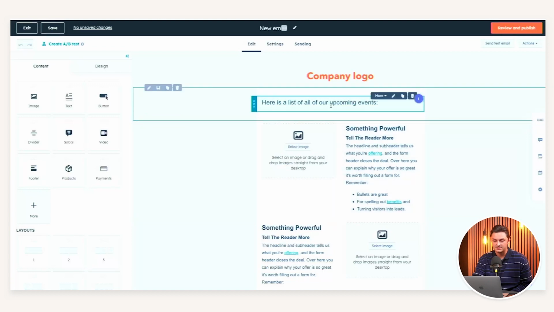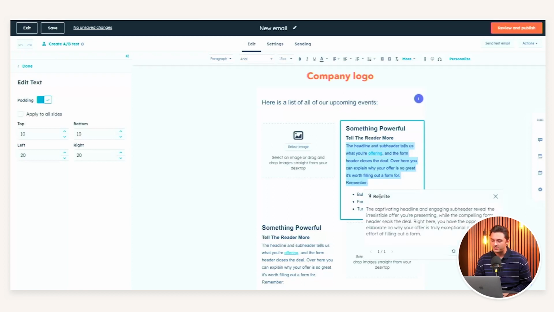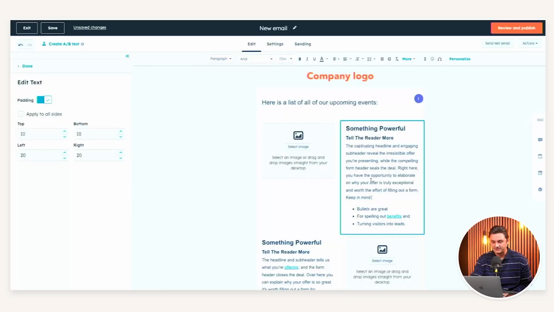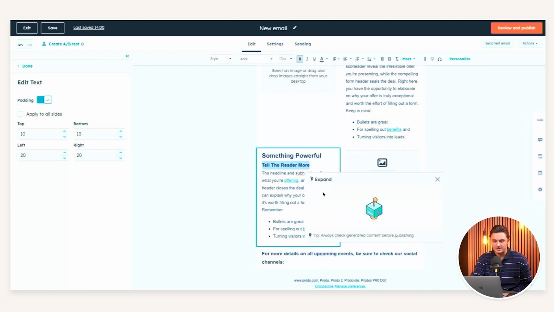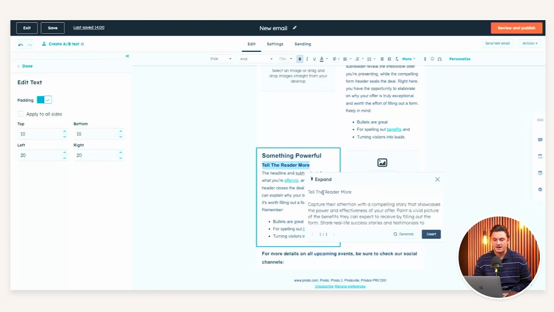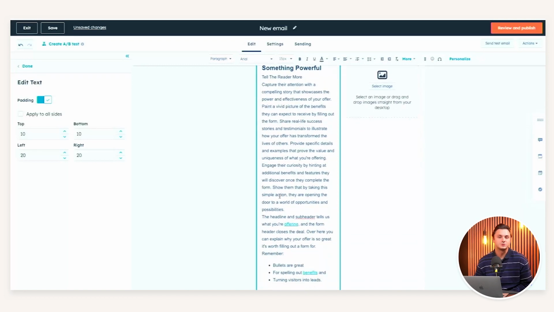With any rich text module, I can highlight the area, click on the lightning bolt, and have the different options. Maybe I'm not too happy with this writing and I want it to rewrite the section for me, and I can insert that there. If I take this heading and do the same thing, but maybe want to expand it, I'll let the AI do its job, and I can insert that,